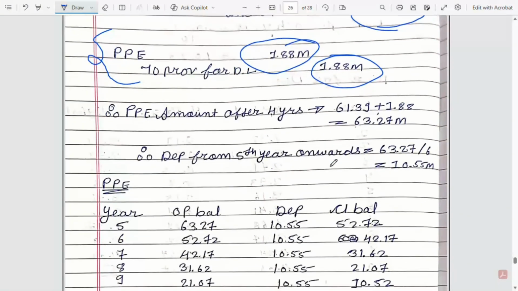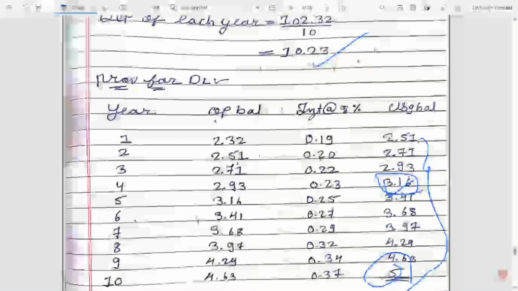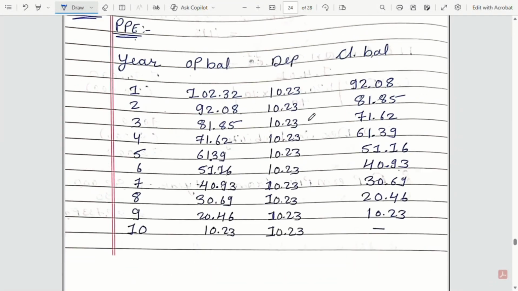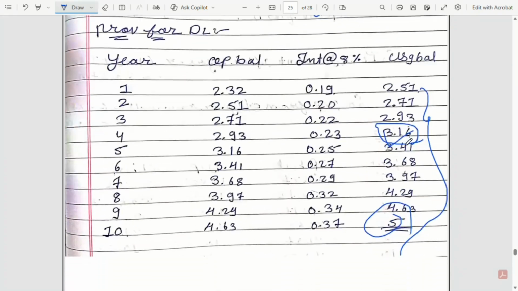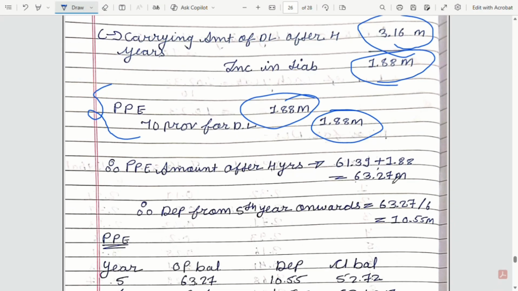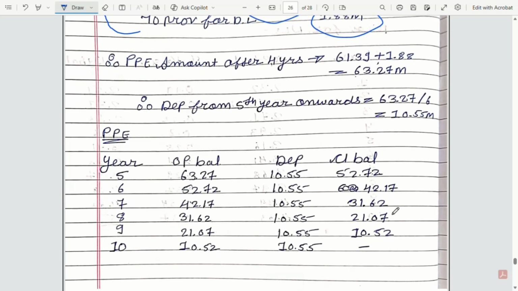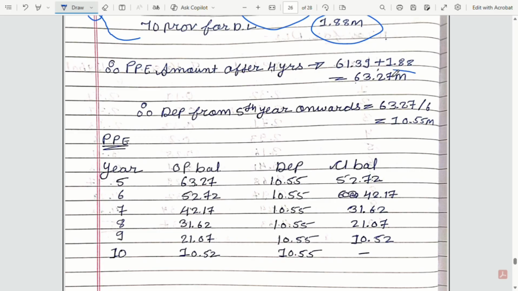अभी पीपीई अमाउंट आफ्टर 4 years कितना होगा, देखो हमने यहाँ पे जो है कैरिंग वैल्यू कैलकुलेट की है ऑफ पीपीई फॉर एवरी ईयर। सो ऑन 4th year पीपीई क्लोजिंग बैलेंस इज 61.39, तो ये कैरिंग वैल्यू है, उस पे हम लोग ऐड कर देंगे इंक्रीज लाइबिलिटी 1.88 मिलियन का। सो अभी डेप्रिसिएशन फ्रॉम 5th year कितना होगा, ये हम लोग का जो कैरिंग वैल्यू है, रिवाइज्ड कैरिंग वैल्यू ऑन अ 4th year एंड।